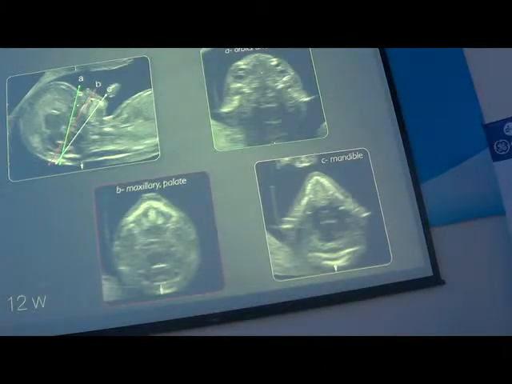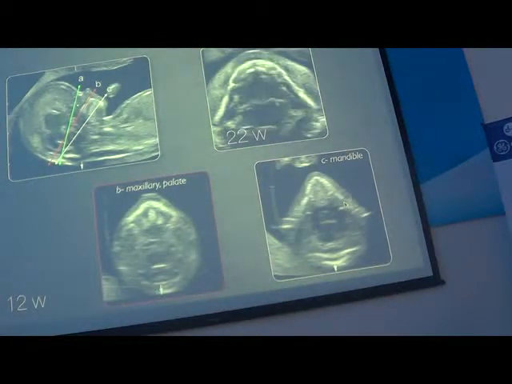On this one, you can see the maxillary and the palate. Với đường cắt B màu đỏ thì ta sẽ nhìn thấy xương hàm trên và khẩu cái cứng. And this one is a section of the mandible. Và với đường cắt C thì ta sẽ nhìn thấy được xương hàm dưới. And you can see the different aspects of the mandible. This is the normal mandible at 22 weeks, and this is at 12 weeks. At 22 weeks, it's more